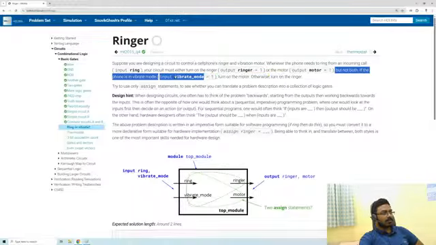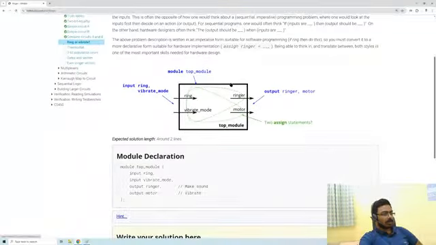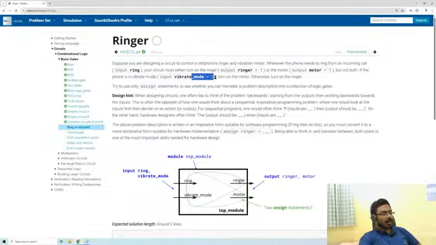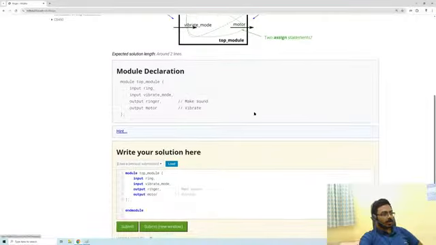If the phone is in vibrate mode, if vibrate mode equal to 1, turn on the motor, otherwise turn on the ringer. When vibrate mode equal to 1,